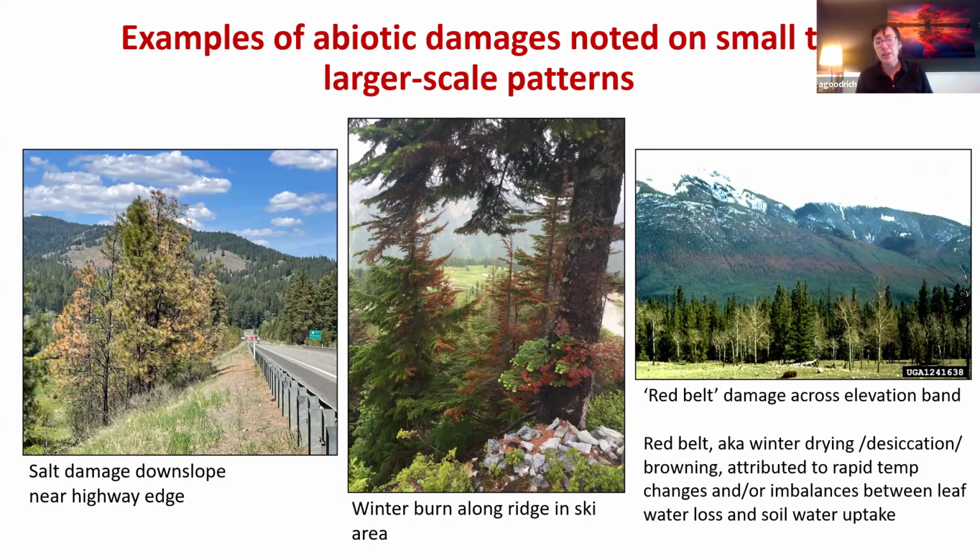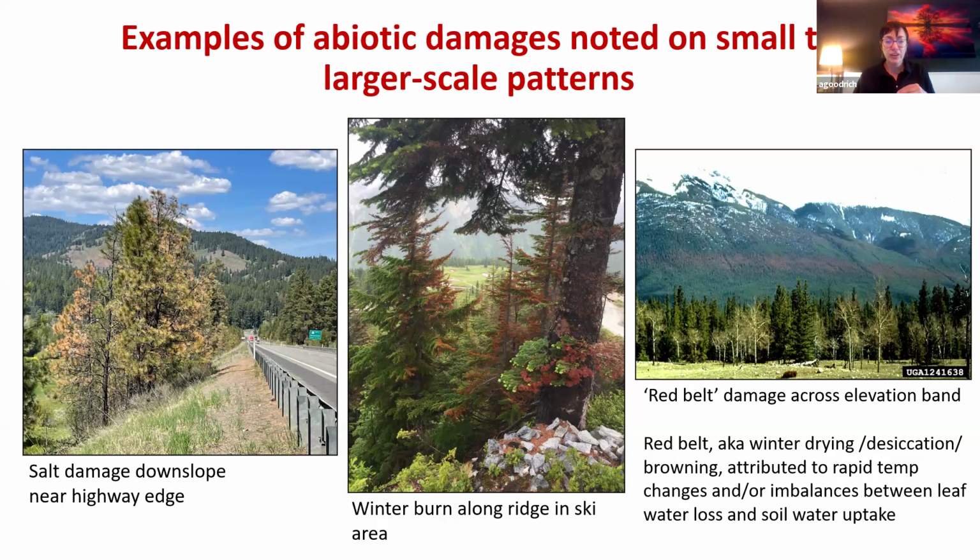And then the photo on the right is an example of what we call red belt damage across an elevation band. You can see there in the center of the forested part of these hills, we've got this red band. This is necrotic foliage that's showing up from far away. And this red belt is also known as winter drying, winter desiccation, or winter browning. What's happening here is essentially attributed to